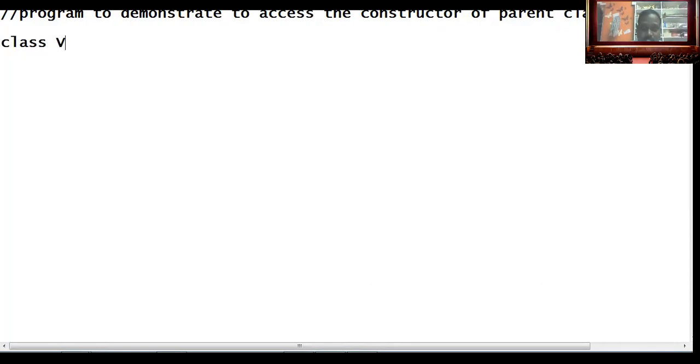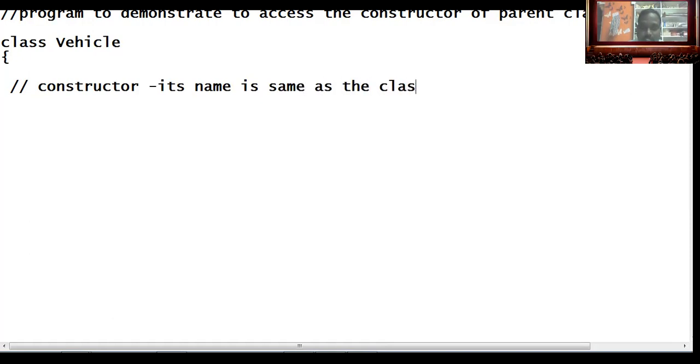class Vehicle. Its name is Vehicle. So here I'm going to take one constructor. We know what the meaning of a constructor is. Its name is the same as the class name.